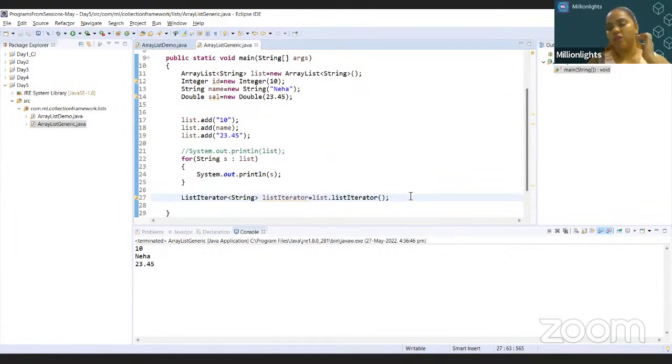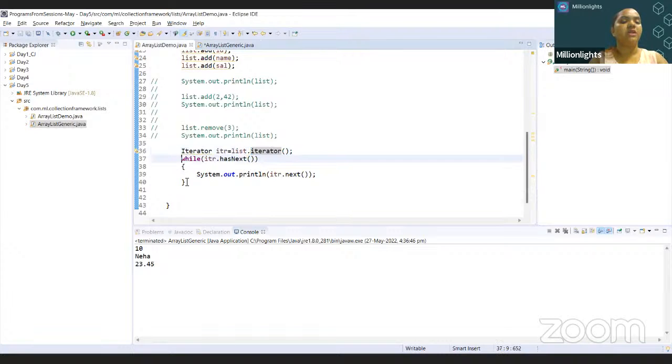Now the other difference. The question asked is the difference between Iterator and ListIterator. The basic difference here is that Iterator can be used for any type of collection present under the Collection interface, whereas ListIterator is specific to list interface classes only. So if I have to perform any task only for list classes, then I can make use of it. I can also make use of this in my list interface, in my LinkedList,